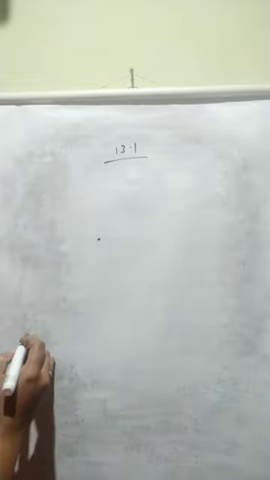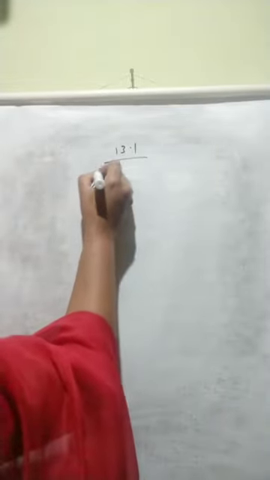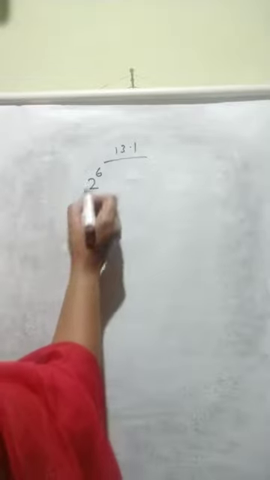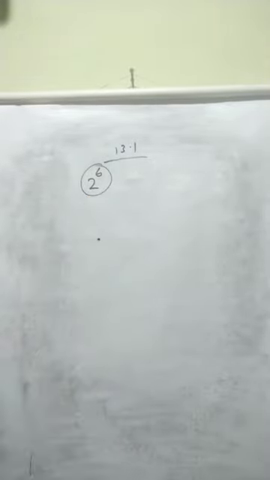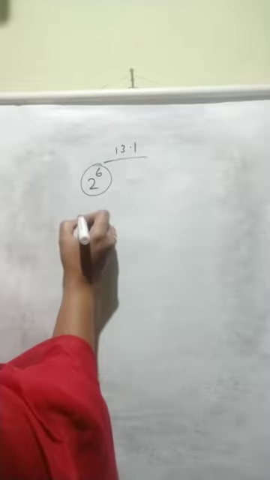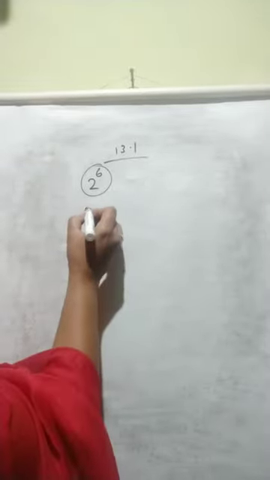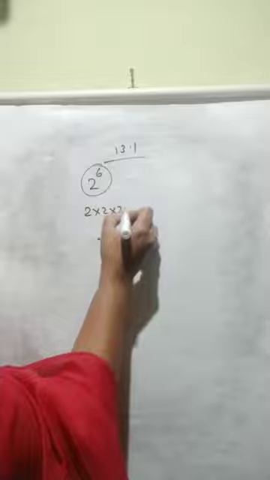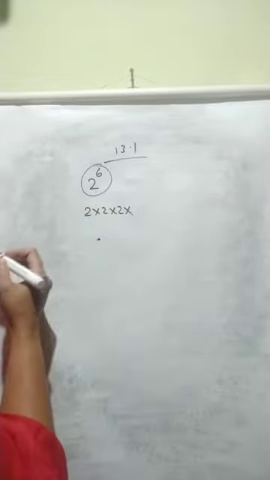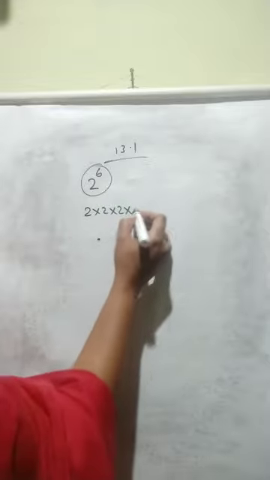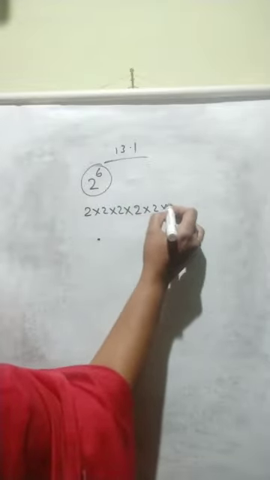We can discuss exercise 13.1 also. There, the first question is to find the value of 2 raised to 6. What is the value? How much will it be? 2 raised to 6, what is its meaning? That is 2 times 2 times 2 times, how many times? 6 times. 2 repeated 6 times. 1, 2, 3, 4, 5, 6.